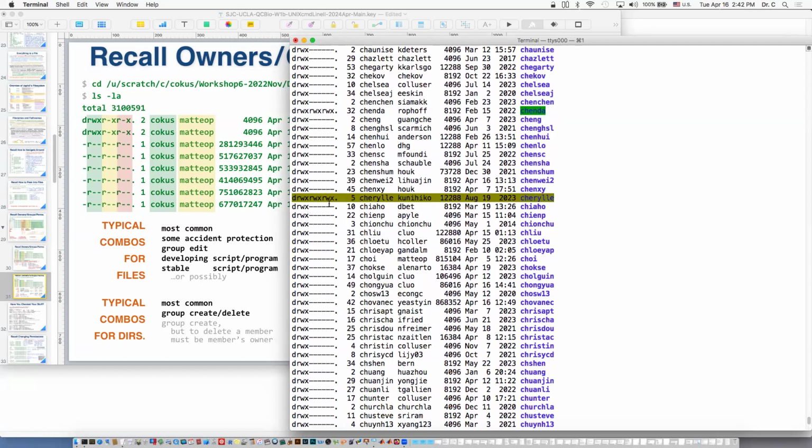She's got RWX for everybody. And that means that any one of us could go into her home directory and start deleting files because we have that W permission bit right here. Don't do it, please. But that's not a safe setting, right? She's made it too permissive. She probably had a problem where she wanted somebody else to be able to interact with her files and stuff, and so she did this, but